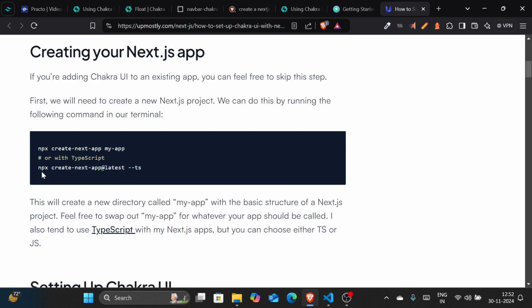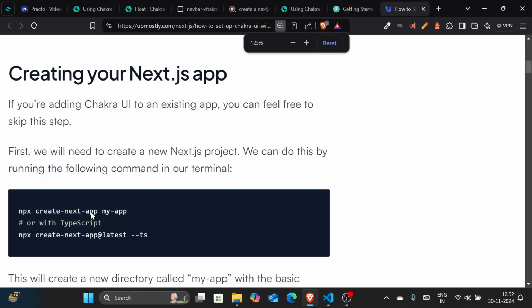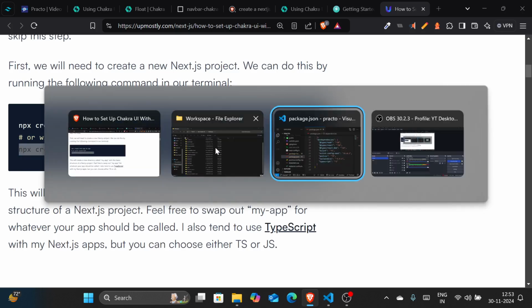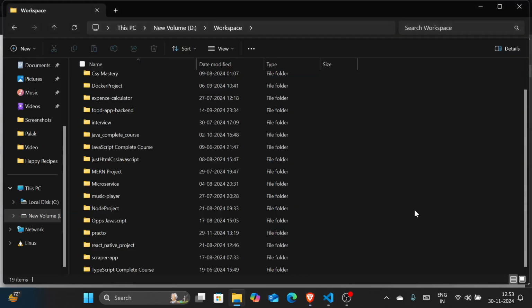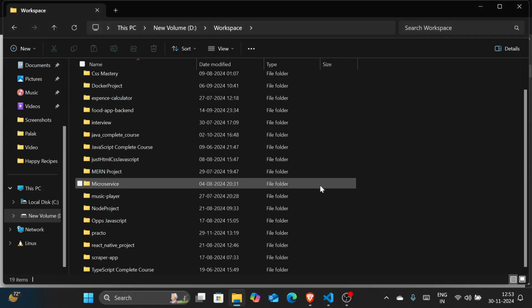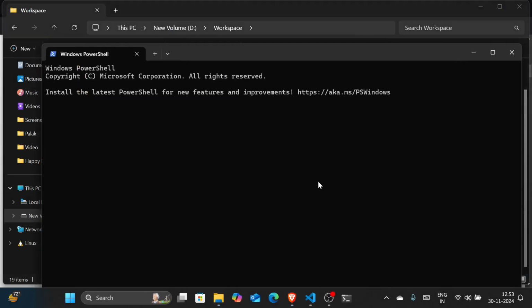To do that, you can simply use this command, that is npx create-next-app@latest. And if you are willing to use TypeScript, then you can use --ts. I'm just going to do the same. So I'm coming to my folder and going to open the terminal. And the next thing is you just need to enter this command. So as you enter this one,